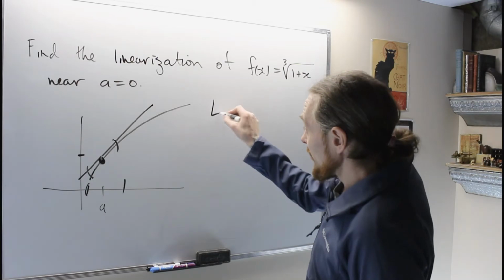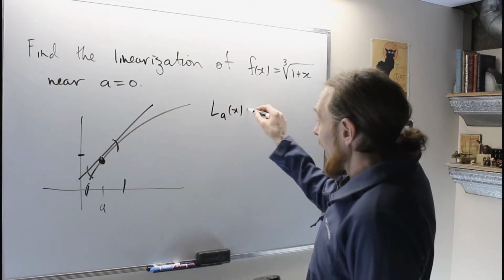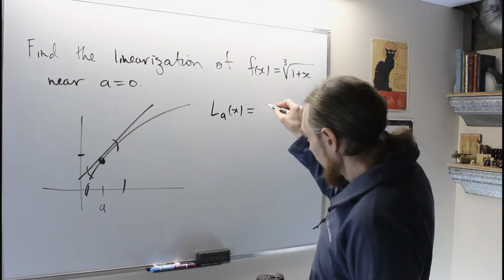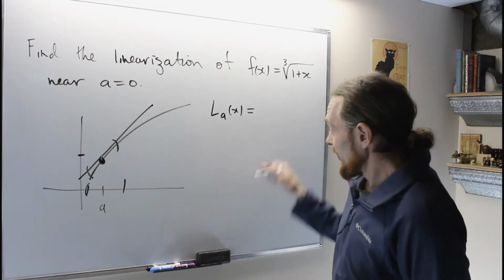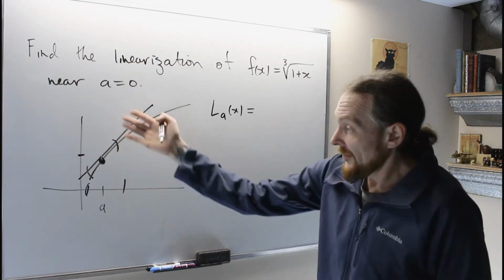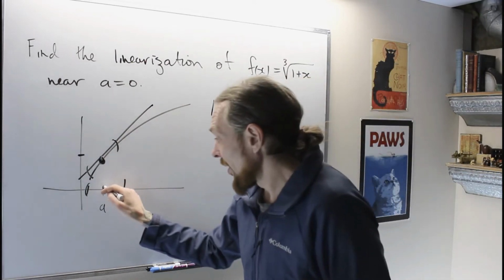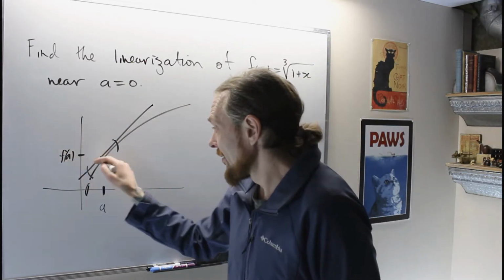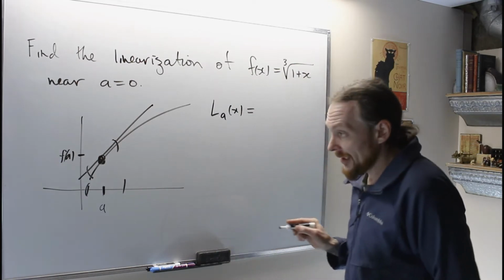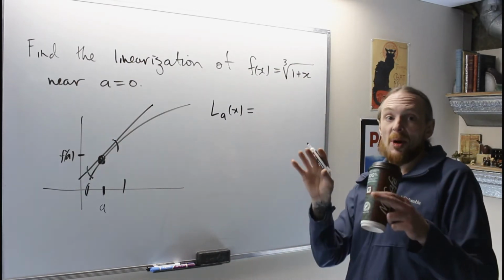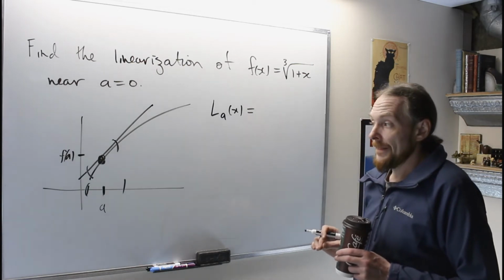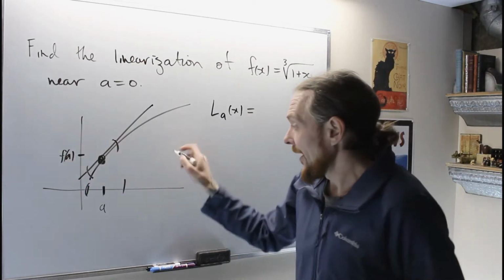And so what we do is we define the linearization as the equation of that tangent line. So how do we get the equation of this? From the picture, we have a point A, f of A, and at that value they're exactly equal to each other. And so near that value they're approximately equal to each other is the idea. So we have a point A, f of A,